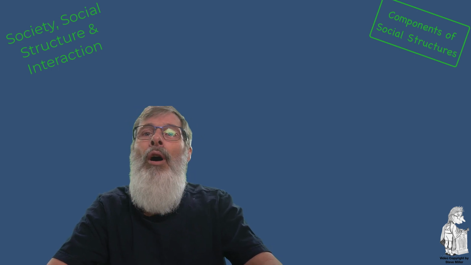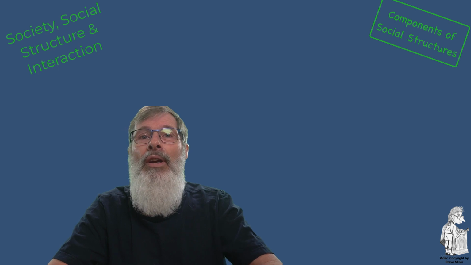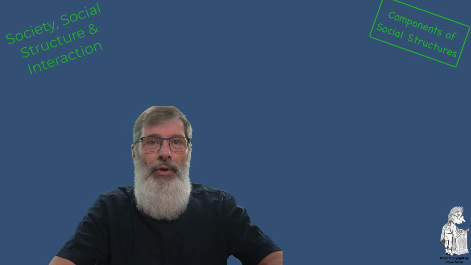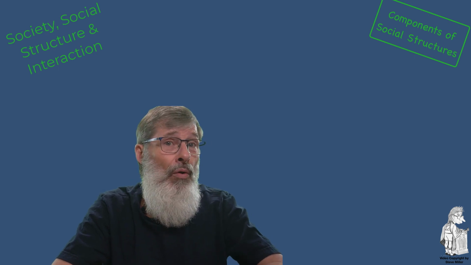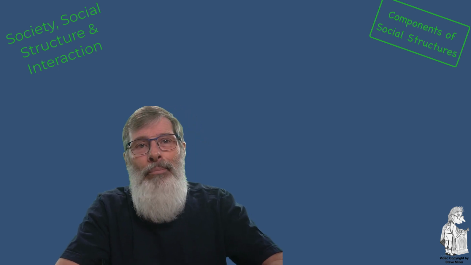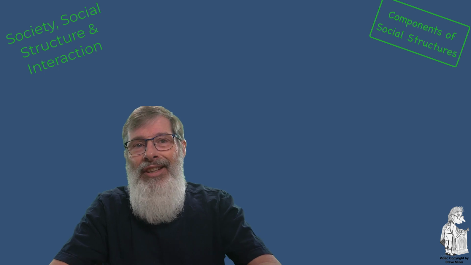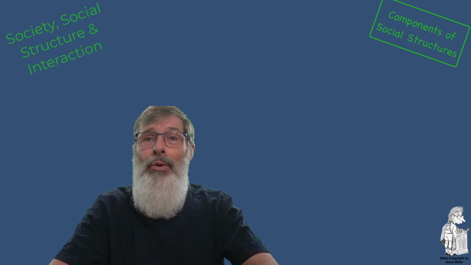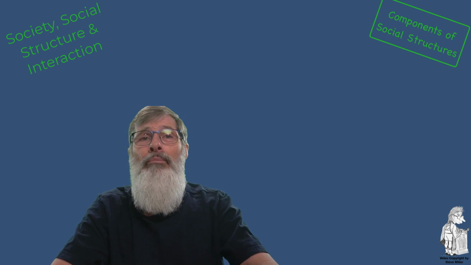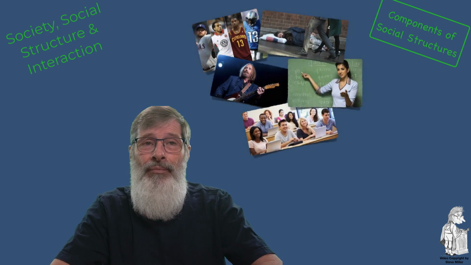Now, having defined social structure, we can now consider the components of social structure. The component parts of social structure considers the groups of structures, how these structures define what we need to know and adopt in a manner that fits in and supports society. So let's start exploring the component parts, and we're going to begin with status.